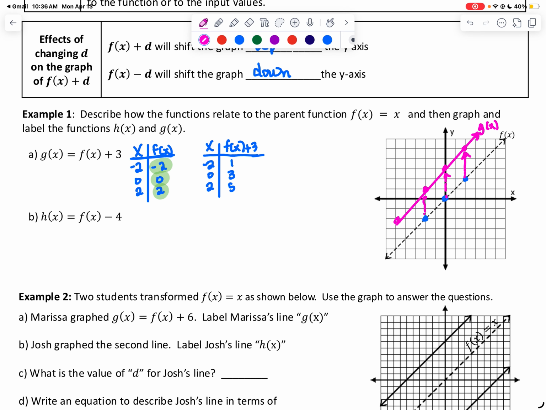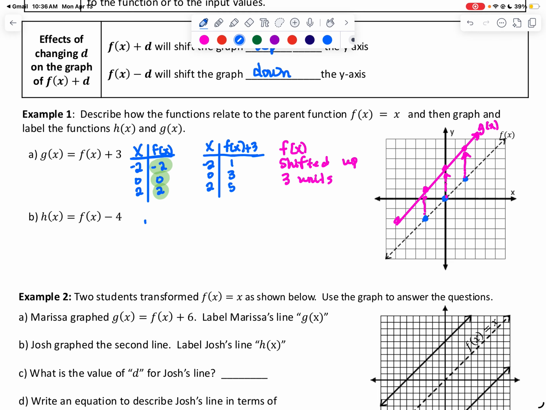It asked you to describe in words how this function changed. So f of x shifted up 3 units. Okay. Now we're going to make a second function, h of x, and now we're going to subtract 4